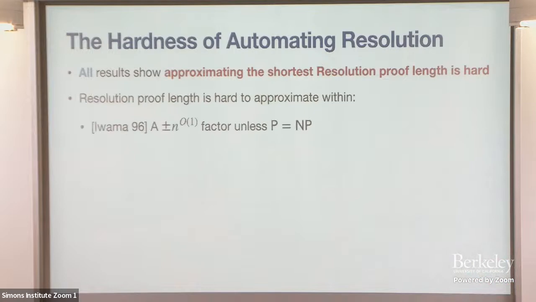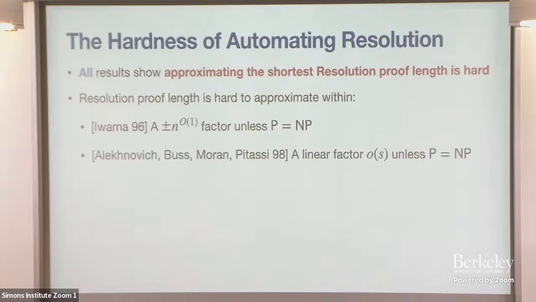So in the 90s, a sequence of works showed that up to an additive polynomial factor, it's hard to prove resolution. This is just what you get out of the NP completeness proof if you look at it very carefully. Not only is it k versus k plus 1, it's actually k versus maybe k plus a polynomial. Even that is hard to distinguish unless P equals NP. The follow-up paper by Alekhnovich, Buss, Moran, and Pitassi showed that this slightly sublinear factor is hard unless P equals